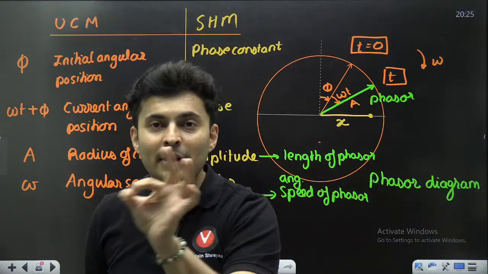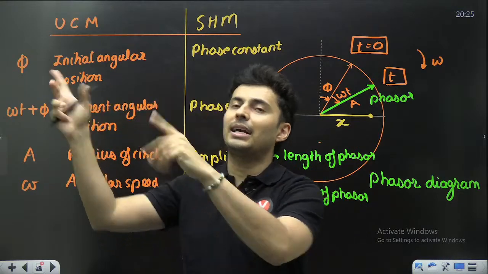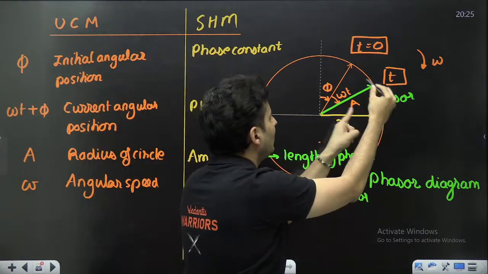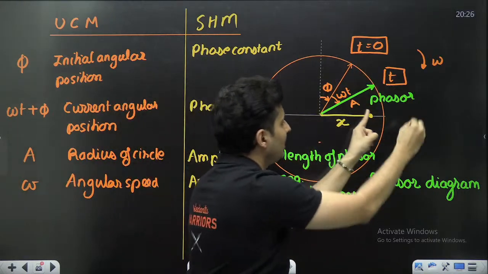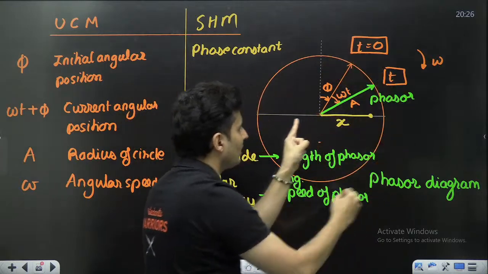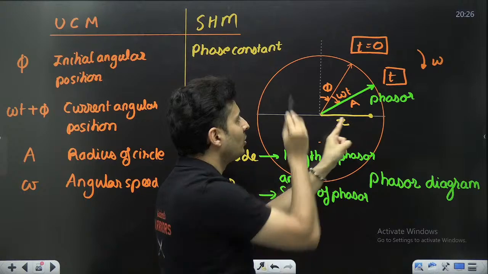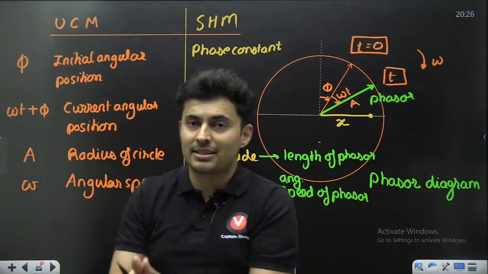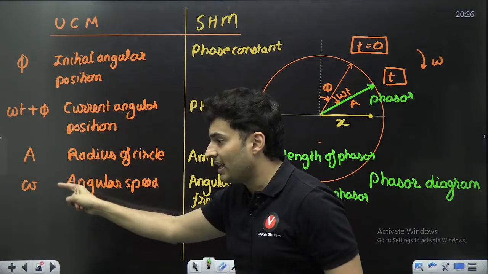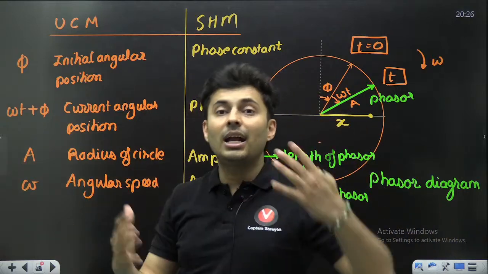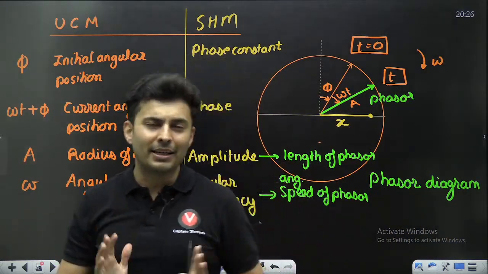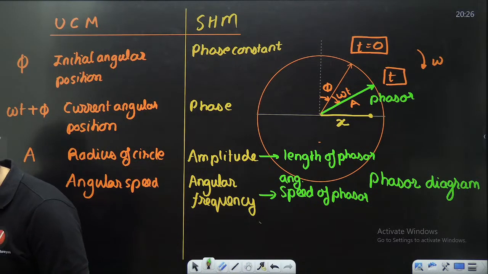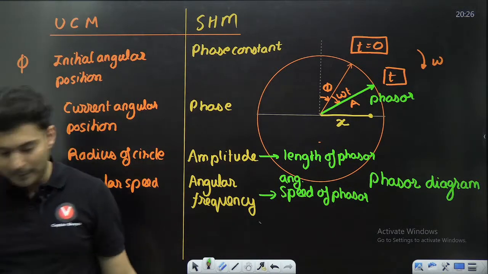Actually, a particle will go back and forth. You can picturize a circular motion corresponding to the SHM. This is the circular motion. This is the simple harmonic motion. That circular motion is representing some characteristics like phi, omega t plus phi, A and omega, which helps us analyze the problem a little bit better. That's all. Is that clear, my dear warriors? Yes, very good. Keep it up.